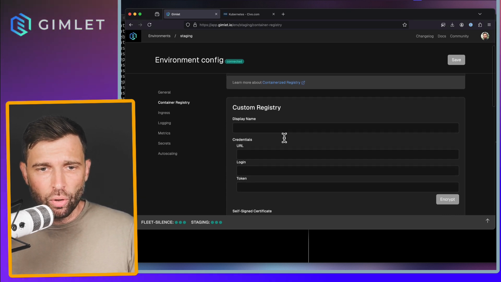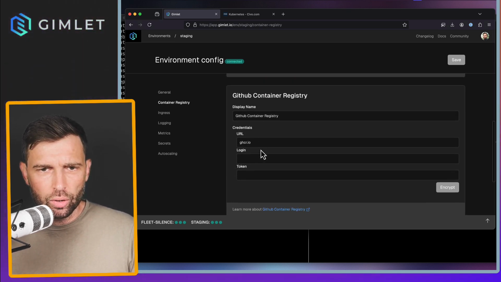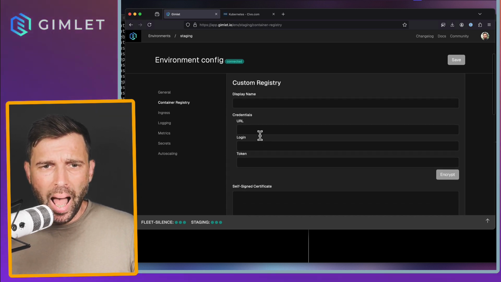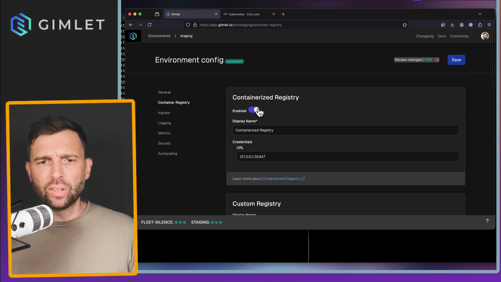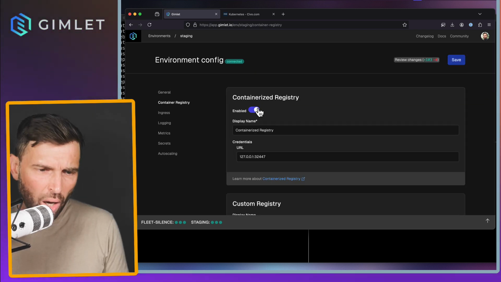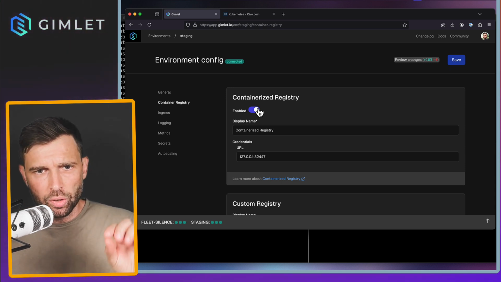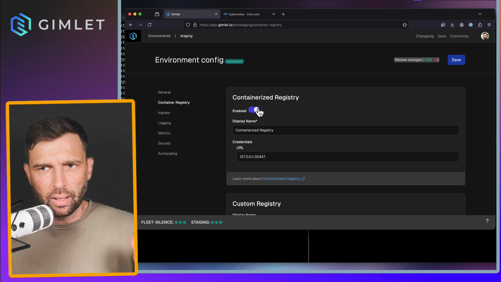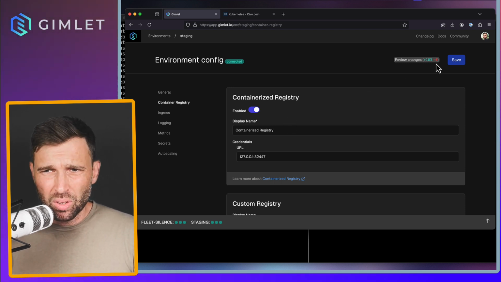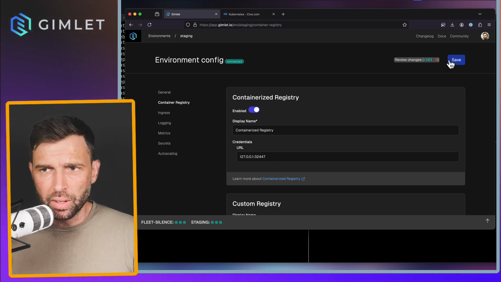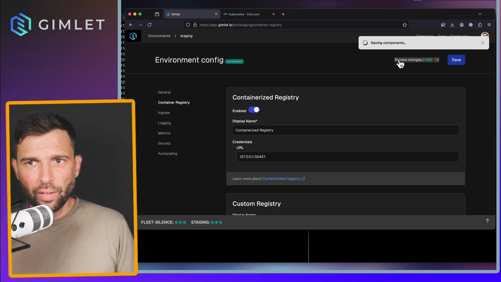I could configure a custom registry. I could configure GitHub's container registry or Docker Hub. I'm going to use just a containerized registry, which is a bit dumb, and it's not even backed up or anything, but it's going to be a registry running on the target cluster. So maybe I'm just going to go with this setup, and it has only a URL. It works without credentials in the cluster. So if I save this,